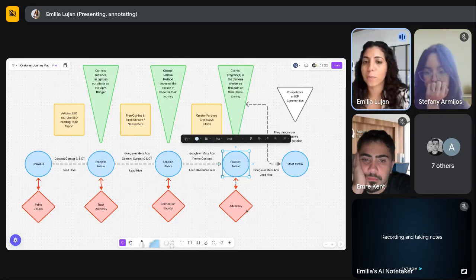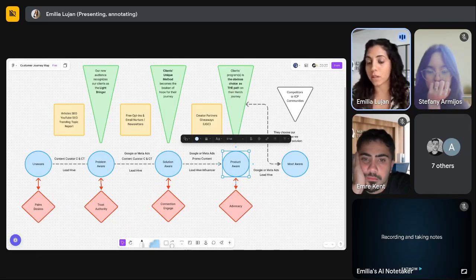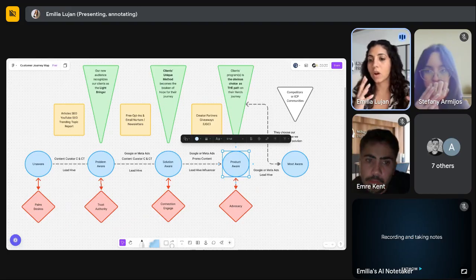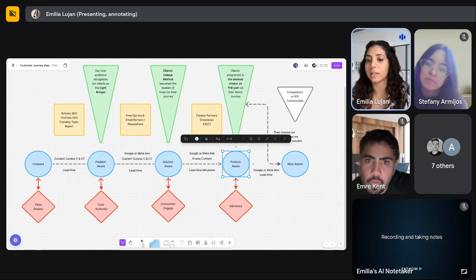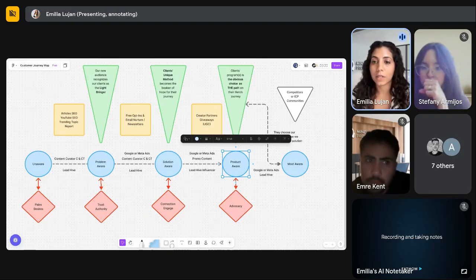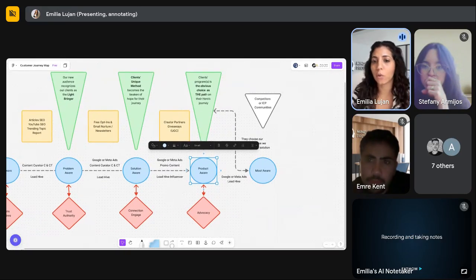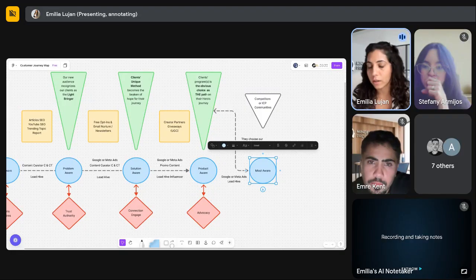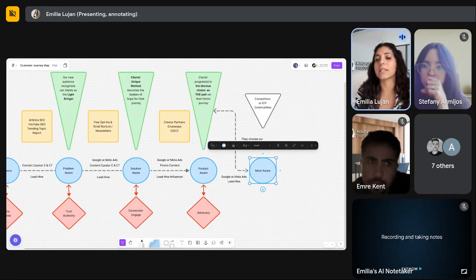And then of course, after product aware, now the person becomes our client, we want to make sure that we can get advocacy out of it as well, because our systems aren't just designed to get people to become one-time clients. We want them to become repeat clients, and then we want them to tell their friends and their family and get rewards and a bunch of different benefits from being part of the program. So this is where we get people to advocacy. And then lastly, of course, there's going to be people that are most aware. They already know that prism glasses exist.